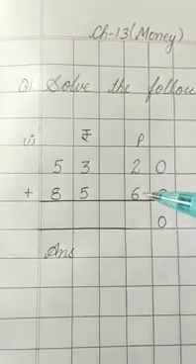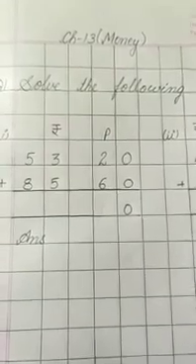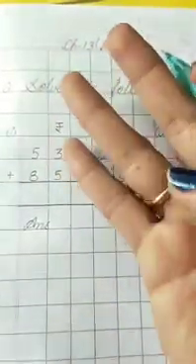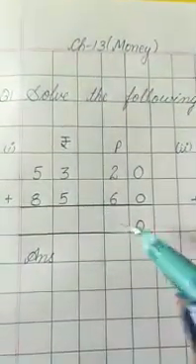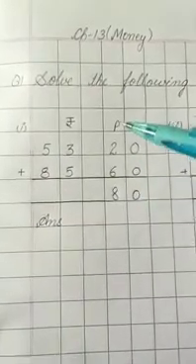Now 2 plus 6. Now 2 is in our mind, children. Now start counting from 3. So 3, 4, 5, 6, 7, 8. So we get the answer as 8. So let's write it. Now like this we can add the paisa.